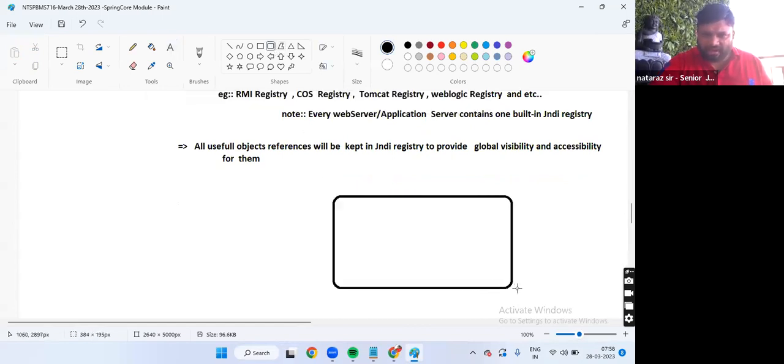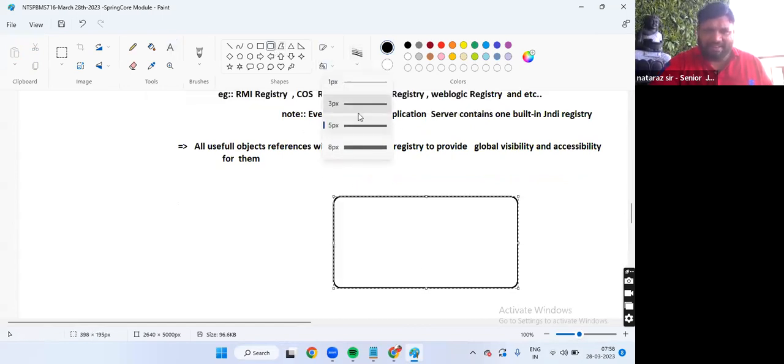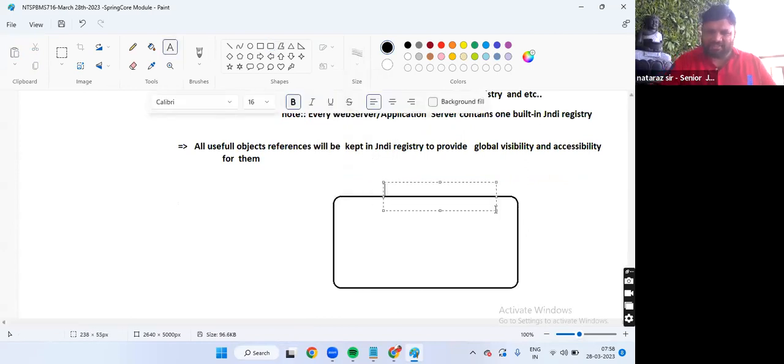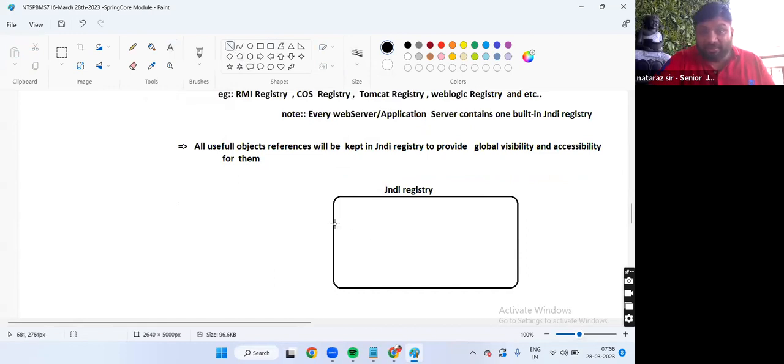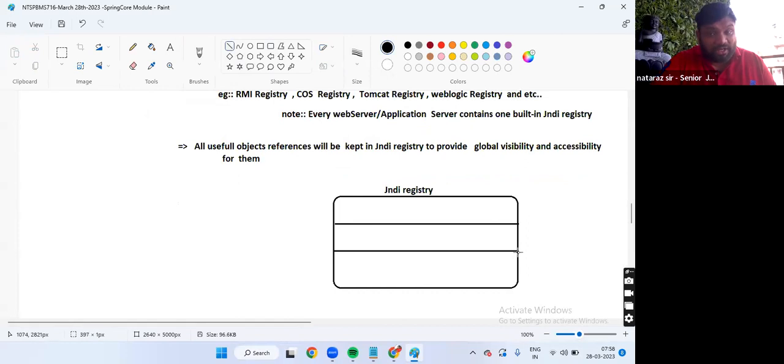Let us assume this is my JNDI registry. When you are keeping different object references, better to provide a nickname or alias name for every reference.